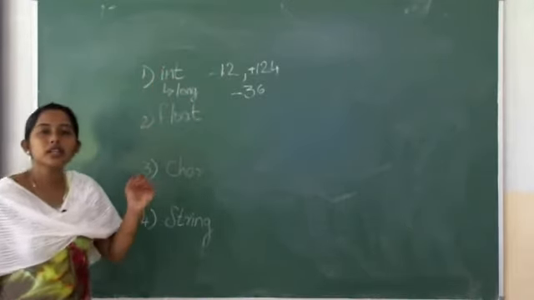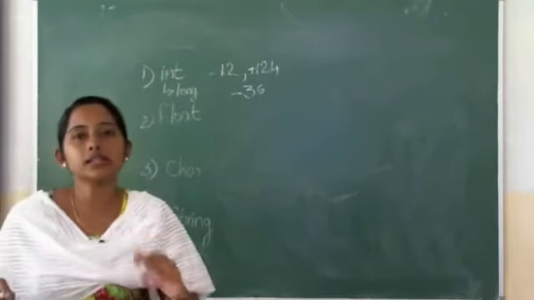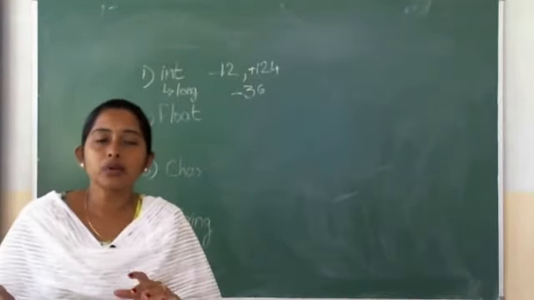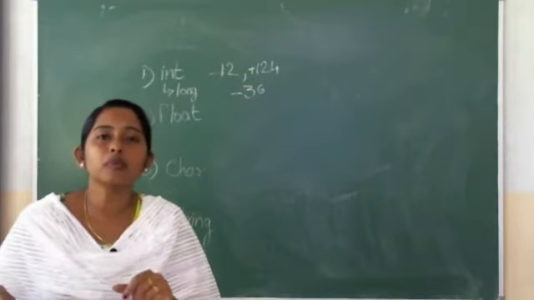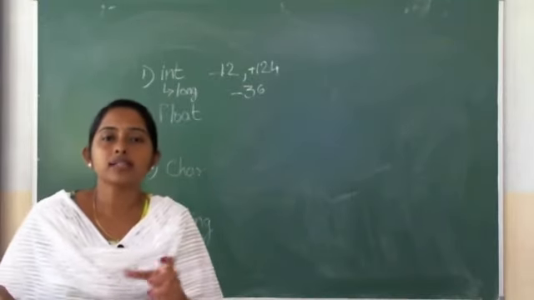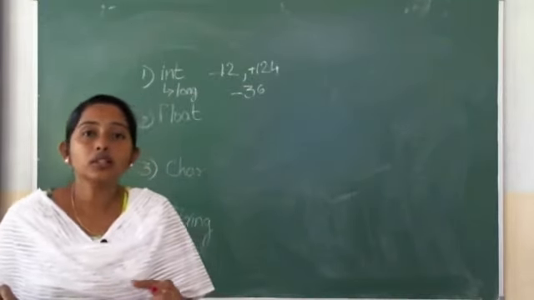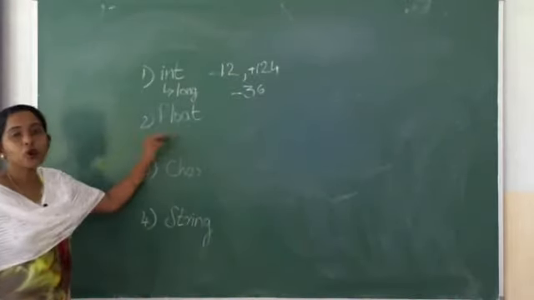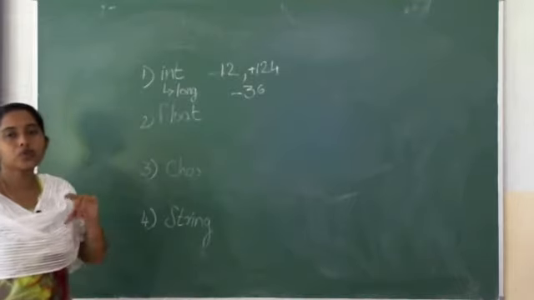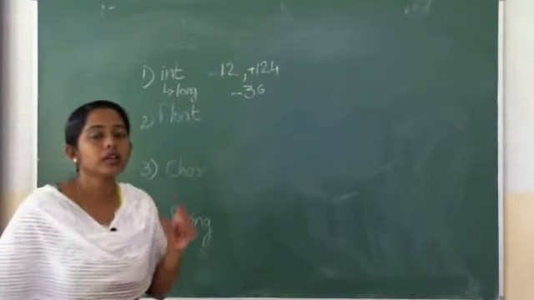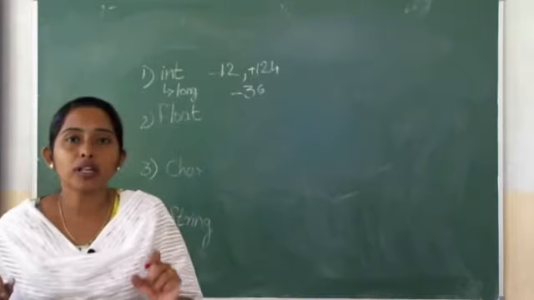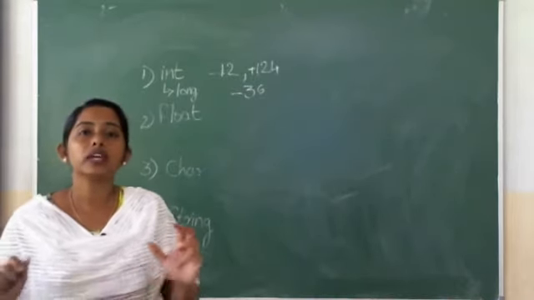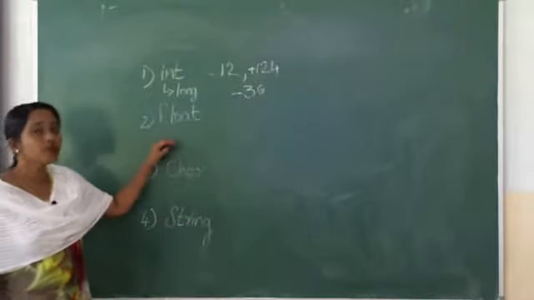Long means if it is a too long integer number, thousands, millions, a number like that, you can use the long data type for storing such data. Okay, and the next one is the float data type, that I already told you. Float means floating point. If the number contains a decimal point, we can store such data with the data type float.